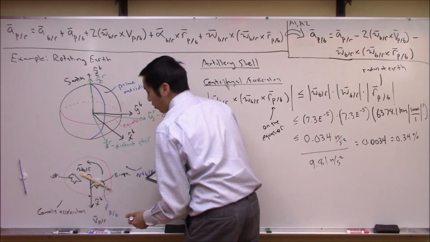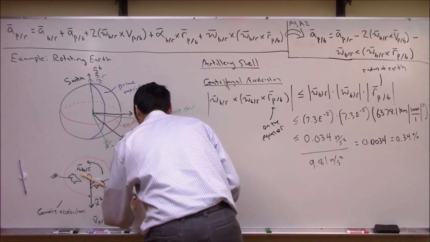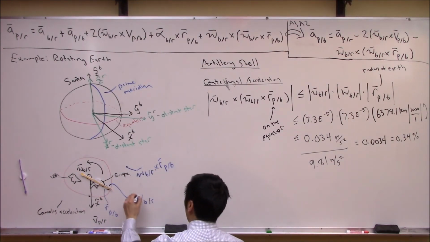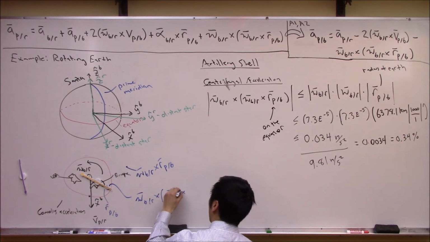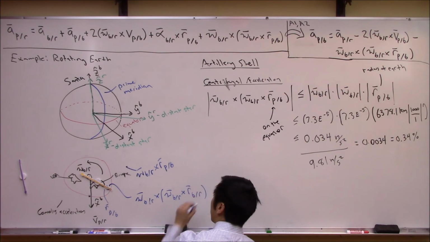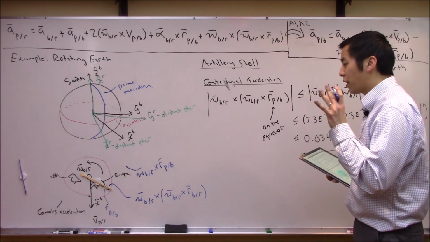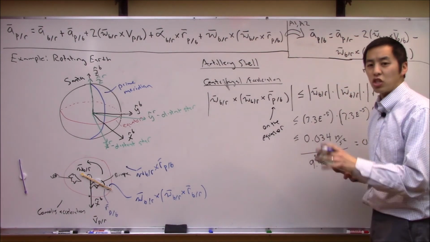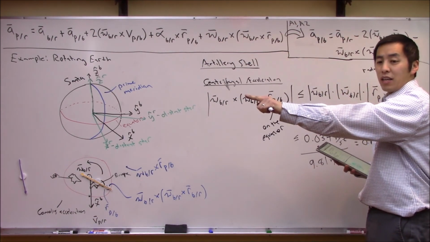So now this yellow vector is going to be omega b with respect to r crossed with the quantity omega b with respect to r crossed rp with respect to b. So this is interesting. On the equator, the centrifugal acceleration is maximized, and in fact, it points directly back into the